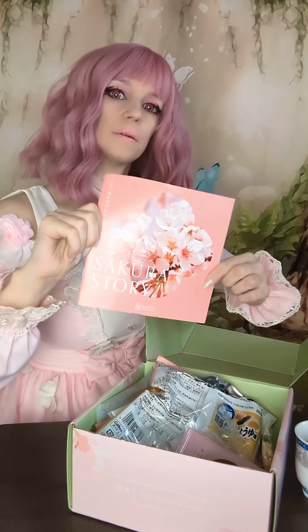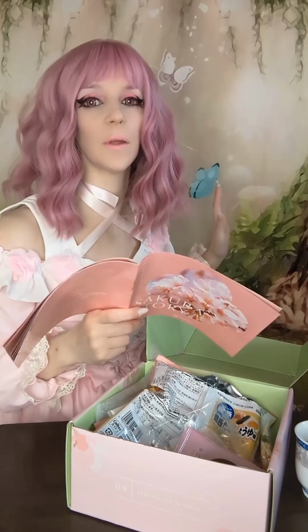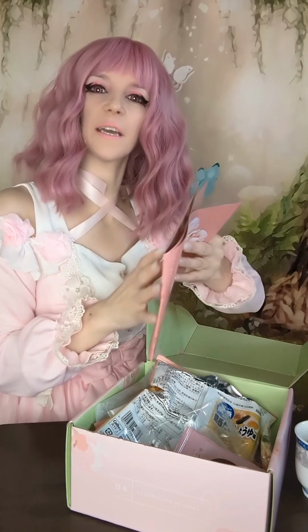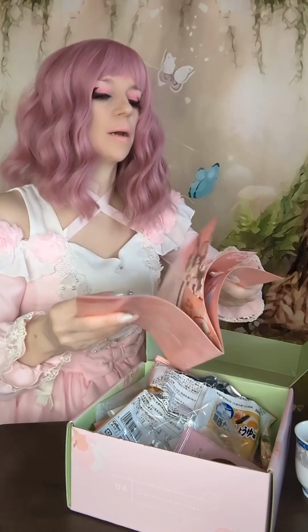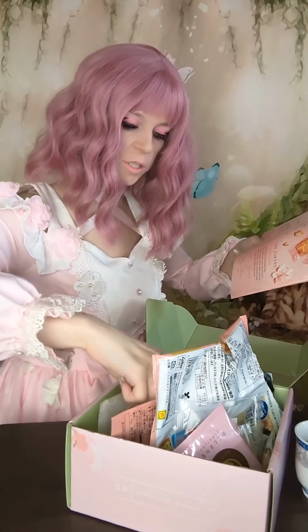So as I said, the theme is Sakura Story, and there's a lot of Sakura flavored things, which to me is very hit or miss. I find that sometimes Sakura flavored things are so subtle that I don't notice. Like, I guess it's kind of cherry flavored, but sometimes it's a little bit hard to tell. Okay, this thing is very small. The first thing is